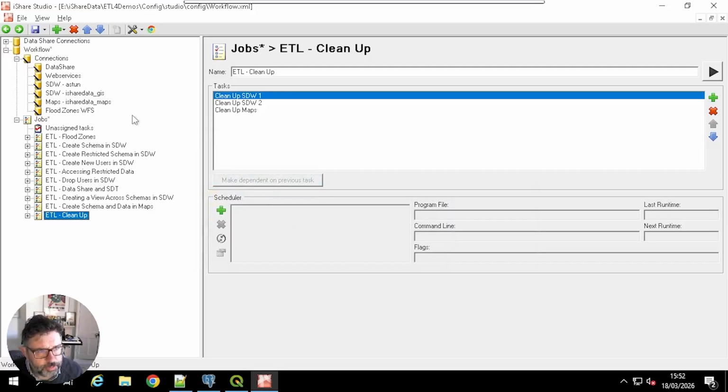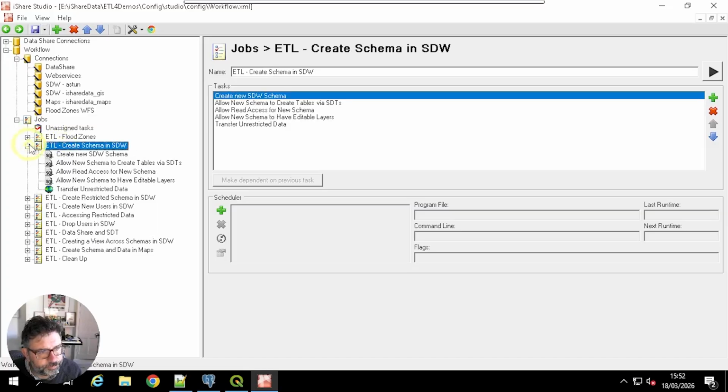If I come on to my ETL demonstration box, we've got two examples of creating schemas. The first one, I'll just expand it in a minute, is to create an unrestricted schema, and then we'll follow up with a restricted schema. When you create a schema,